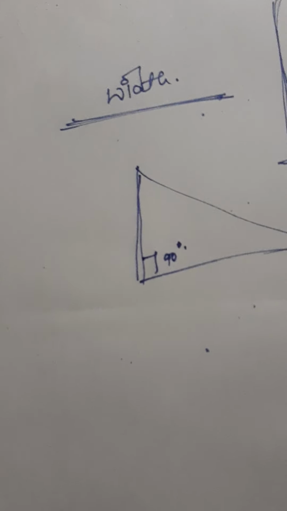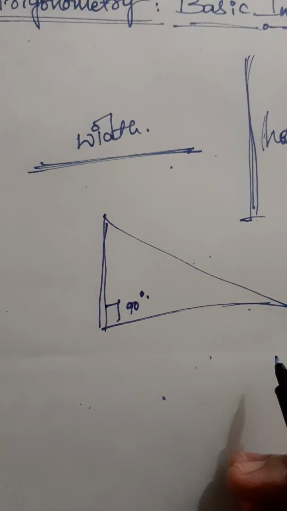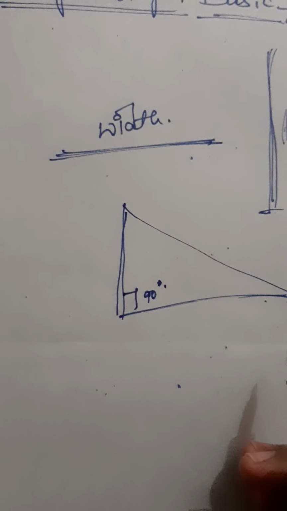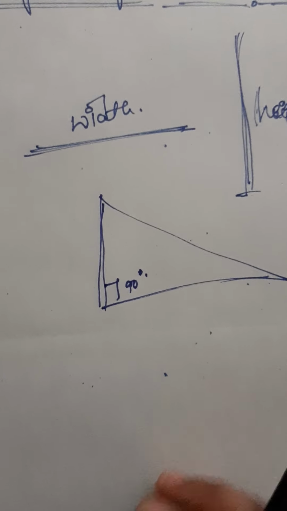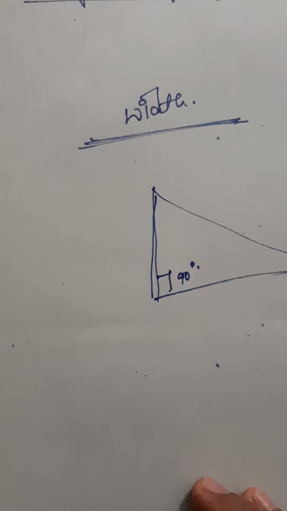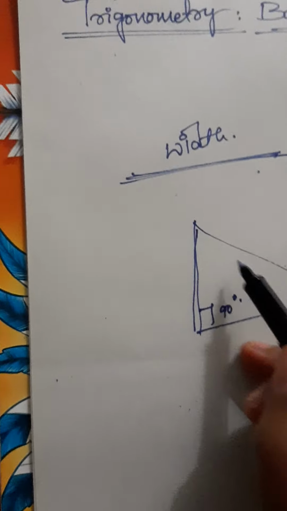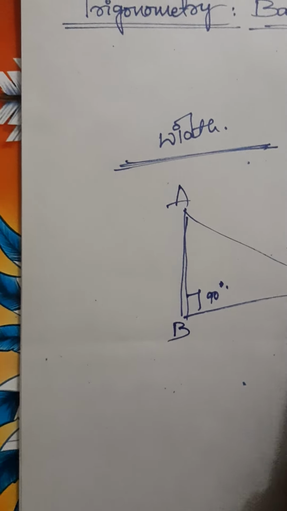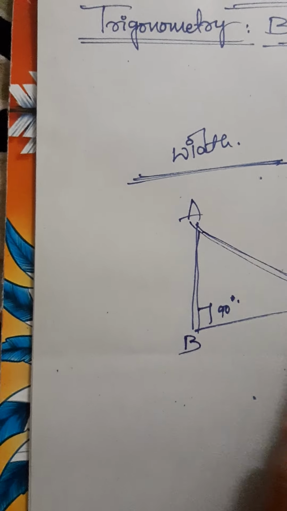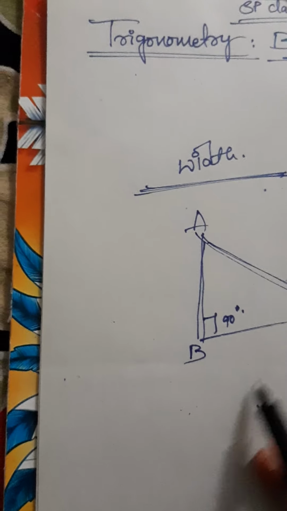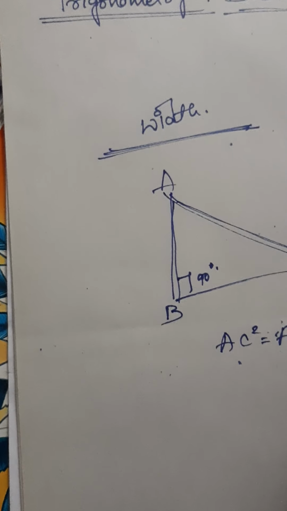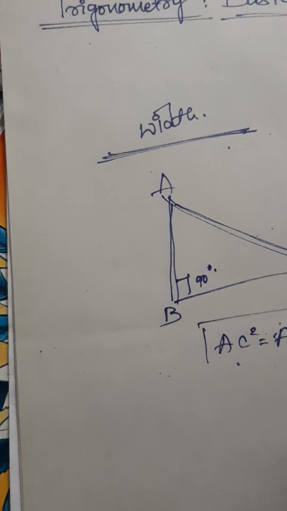In this triangle, do you all know about Pythagoras theorem? Do you all remember it? What does the Pythagoras theorem say? It must have one right angle triangle, and suppose we take A, B and C as the three points. AC is the side opposite to the right angle. To find this AC, AC square is equal to AB square plus BC square. It's the formula of the